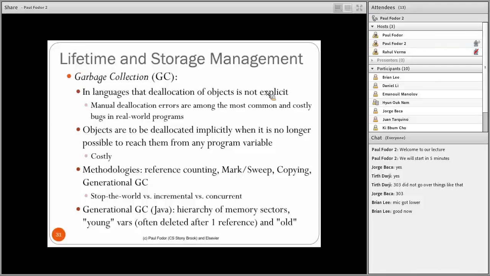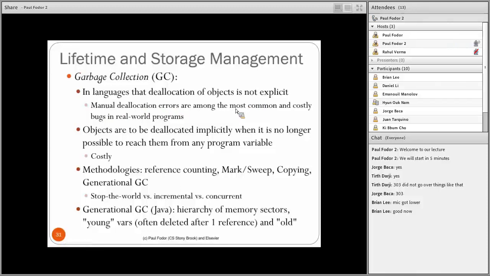But in languages where you can't do that, manual deallocation, you need to rely on some algorithm to do garbage collection implicitly. In fact, in languages that allow manual deallocation, errors concerning manual deallocation are the most common type of